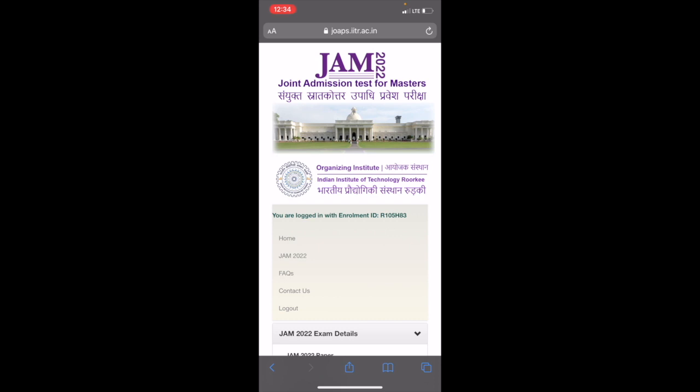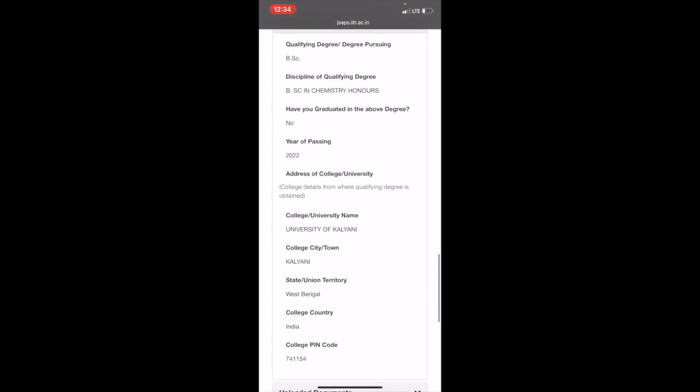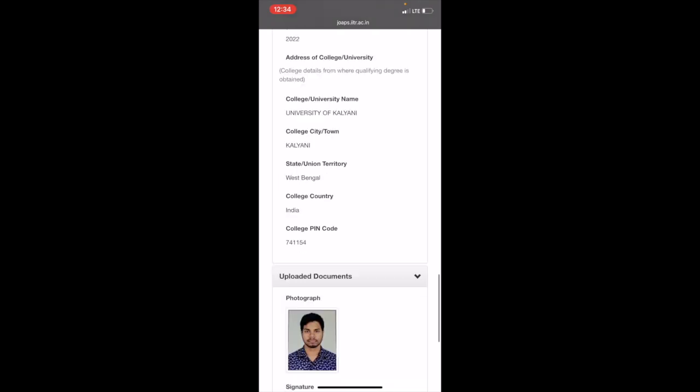Let me tell you something. Whenever I filled up the application form, I did it from my mobile phone. I didn't even go to the cafe. I took a photo of my signature and my passport size photo, and then I uploaded them after resizing. How can you resize? I just showed you that you can resize by going to a website like an online image resizer. You can do this easily, and then upload it on the website.